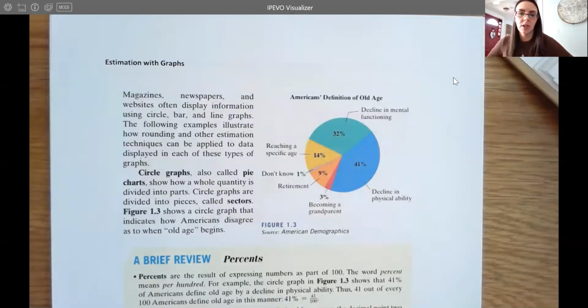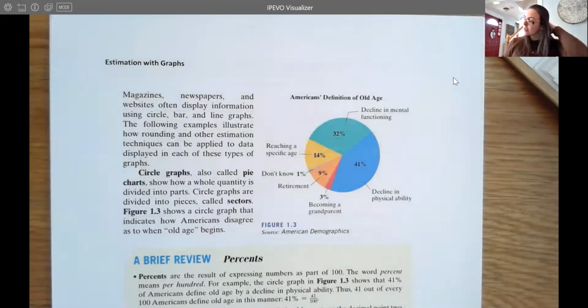Now let's look at some estimation examples with graphs. So we see graphs all the time. Magazines, newspapers, websites often display information using circle, bar, or line graphs. They're great because they're really visual. People tend to like them, right? They help us understand the data a little bit easier. So the following examples illustrate how rounding and other estimation techniques can be applied to data displayed in each of